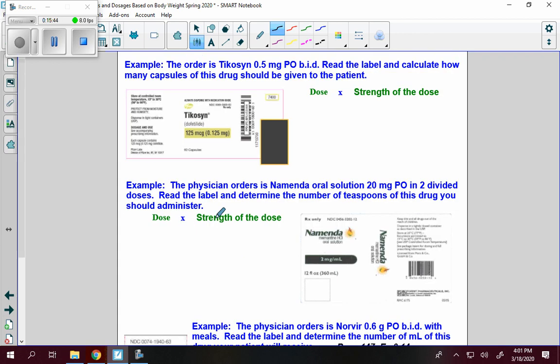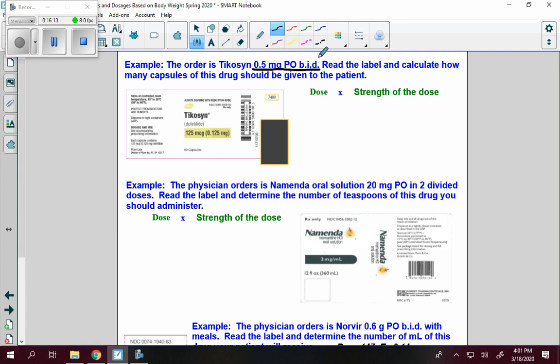Okay, what's next? The example is Tocopherol, 0.5 milligrams by mouth twice a day. So this says 0.5 milligrams by mouth twice a day. I did not see the word daily in it, so it's not that they're taking it 2 times a day divided into those doses. It means that they're taking 0.5 milligrams now, and then again later on today they're taking another 0.5 milligrams. So we're going to read the label and calculate how many capsules of this drug should be